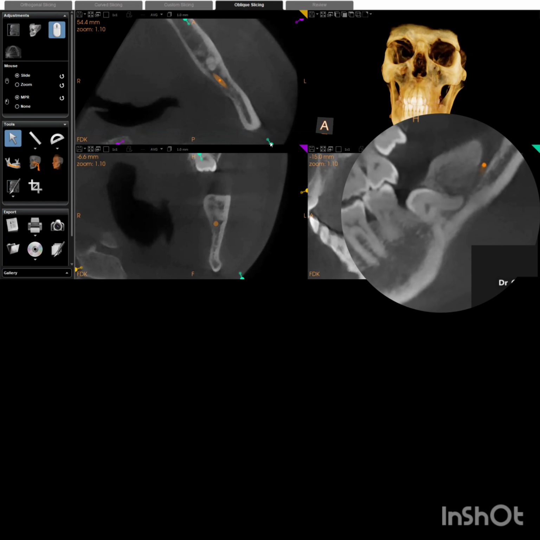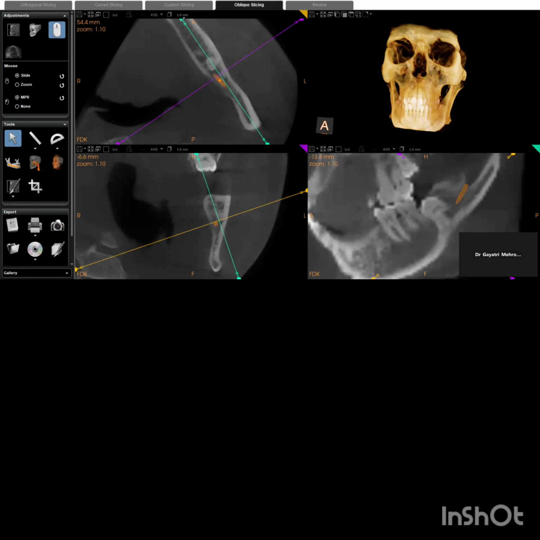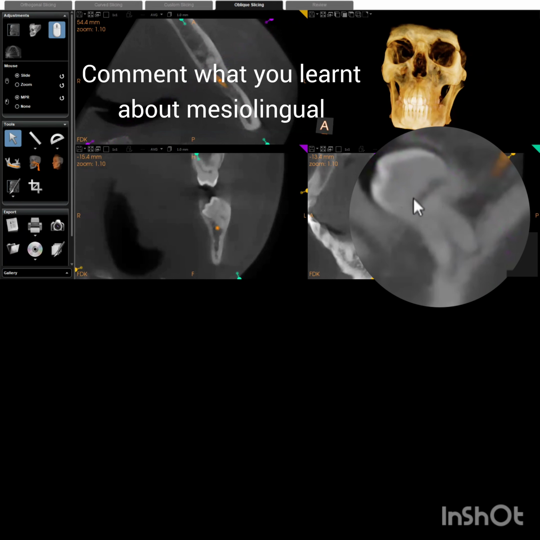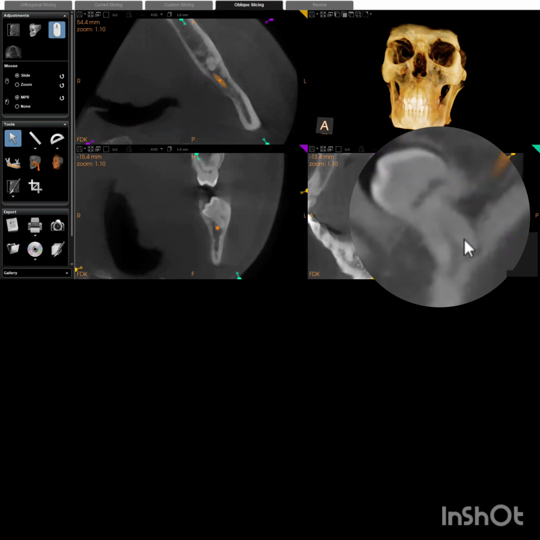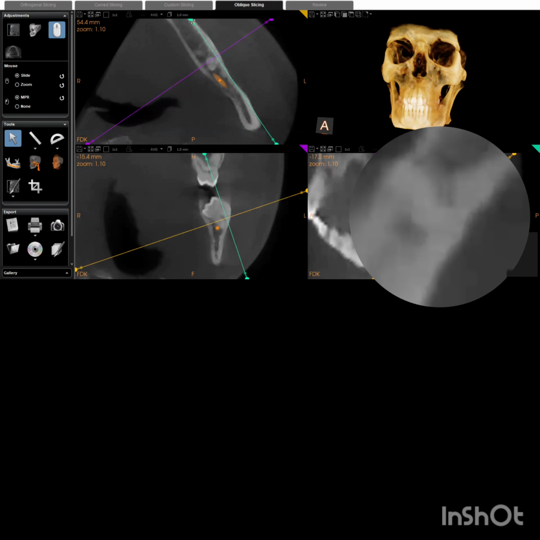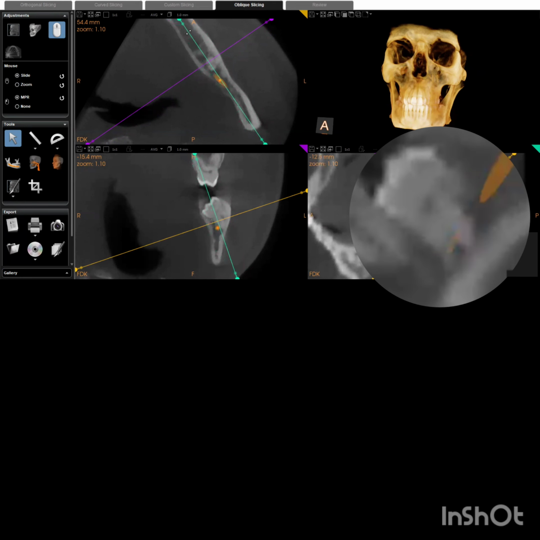And moreover, remember, both the roots, the mesiobuccal and the distobuccal roots, are partially positioned within the buccal cortex. And if I move my cursor now, I move here, and you see these two roots, these both are the lingual roots. This is the mesiolingual and this is the distolingual. So remember, whatever roots I showed you before are the buccal ones, and this is the aspect towards the lingual. So these are the lingual roots.